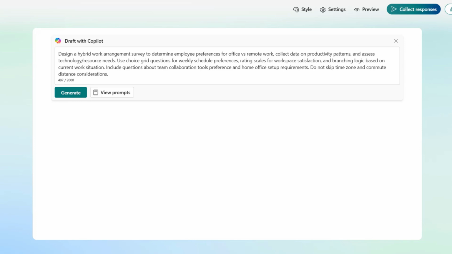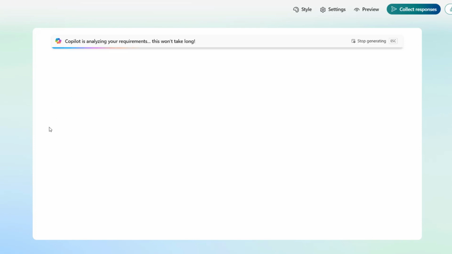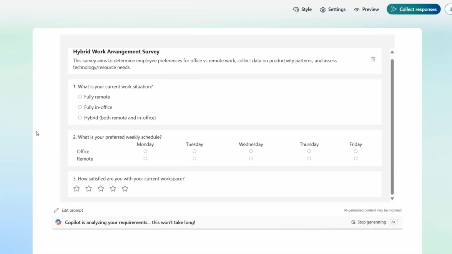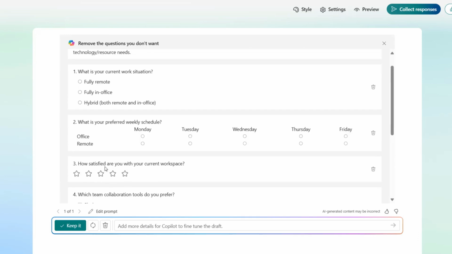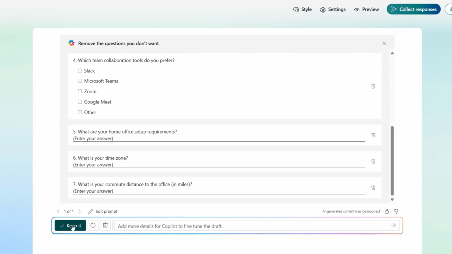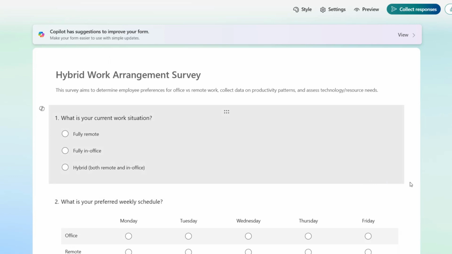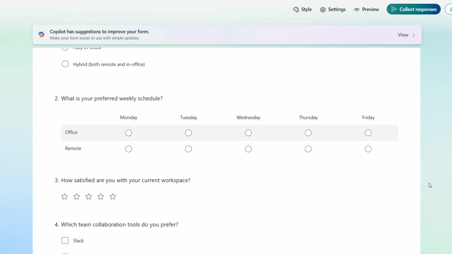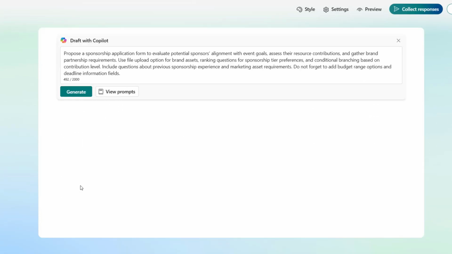Our third use case is going to be a form on hybrid work arrangement. Design a hybrid work arrangement survey to determine employee preferences for office versus remote work. The result, as usual, is good, but you can always make it better by iterating over this output. And to the last use case here, propose a sponsorship application form to evaluate potential sponsors' alignment with event goals,